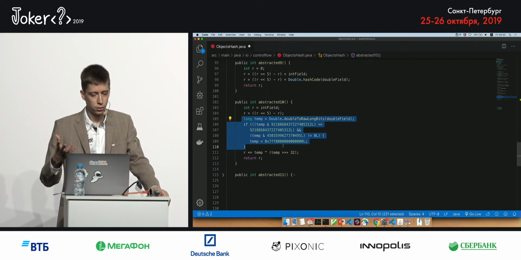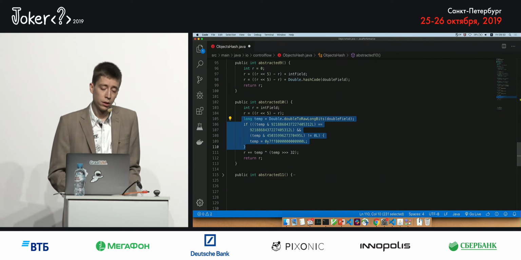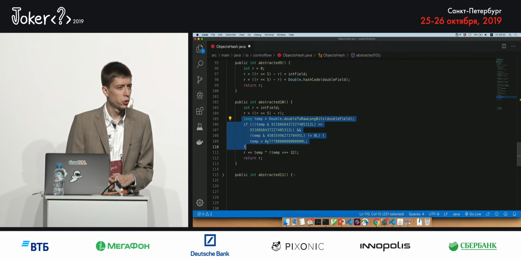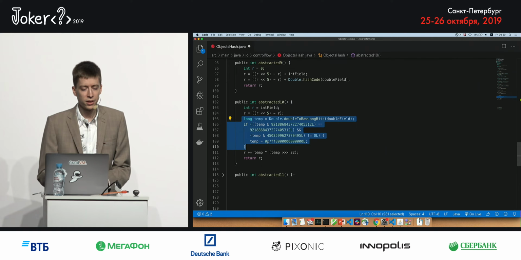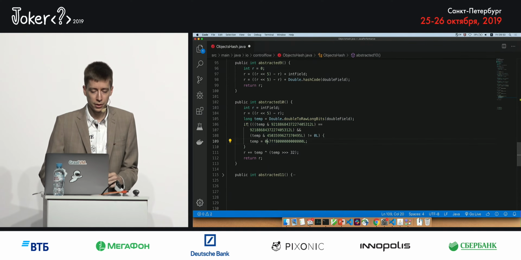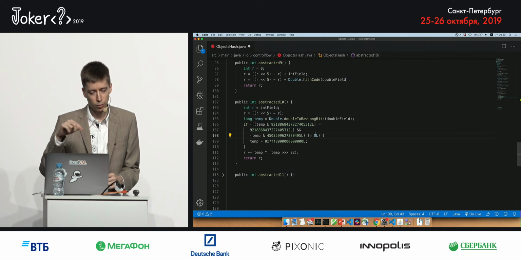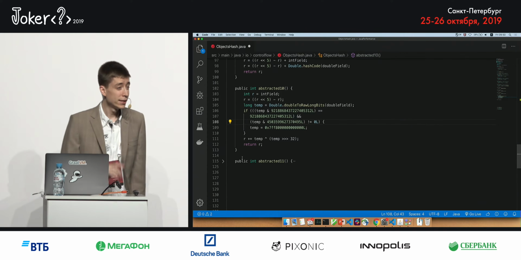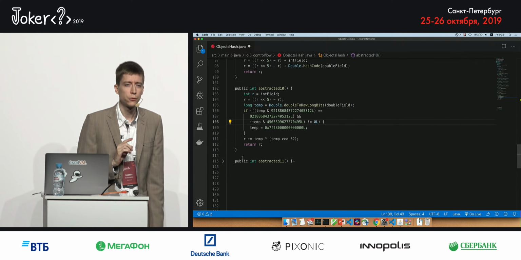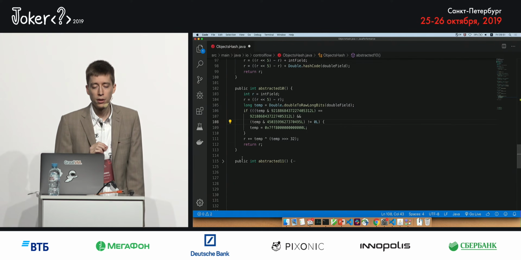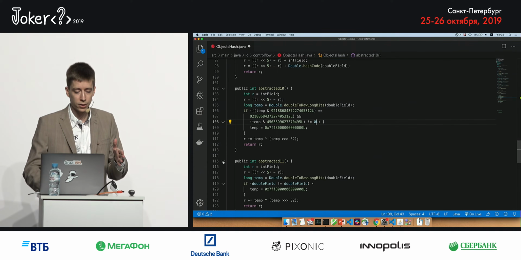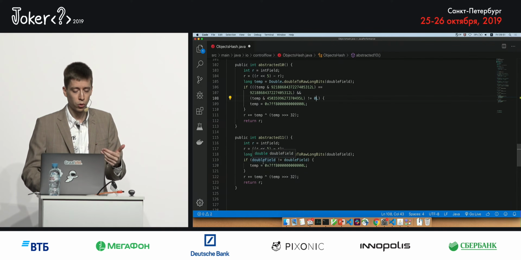So this is the method to get the hash code from a double. It is checking some bits and then returning the temp. The interesting thing here is that on modern hardware, this is actually not the most efficient way to code it because we just want to check for not a number. And here we need multiple conditions for that. We need multiple branches for that. And that is not the most efficient way on a modern hardware to write it, which is why the compiler in this scenario now does one more optimization to this piece of code, which is to undo the optimization that was done in the OpenJDK and turn back to a more reasonable way to program this, and